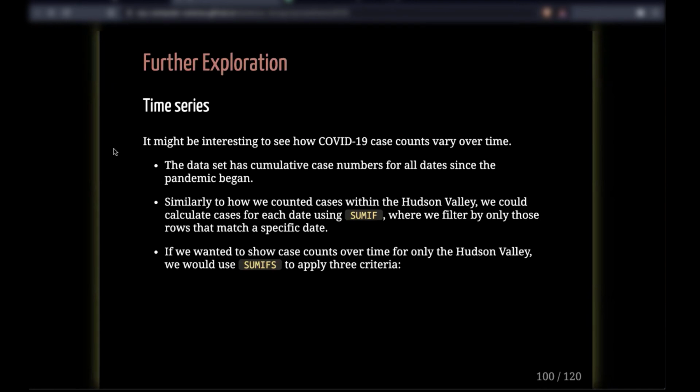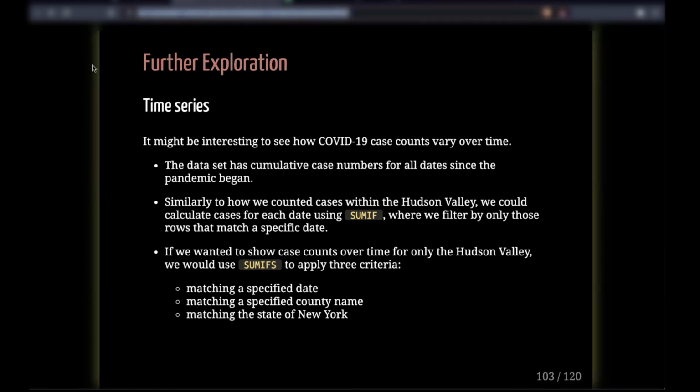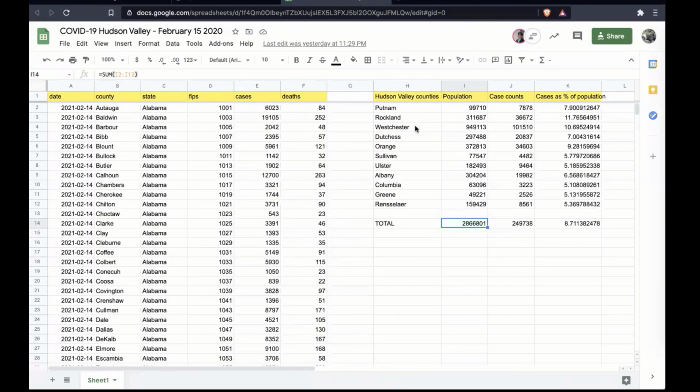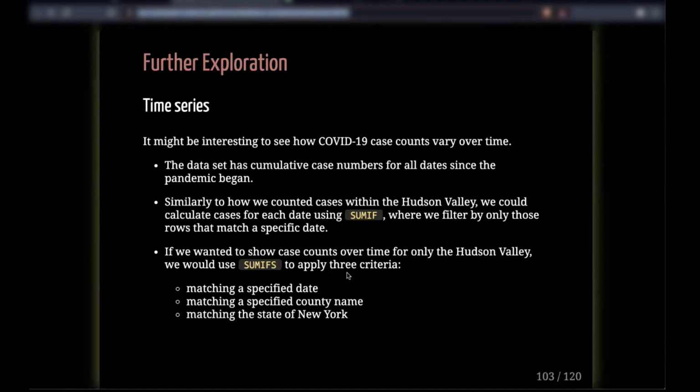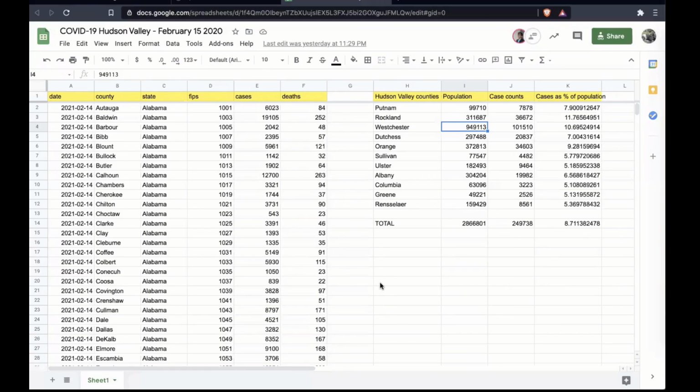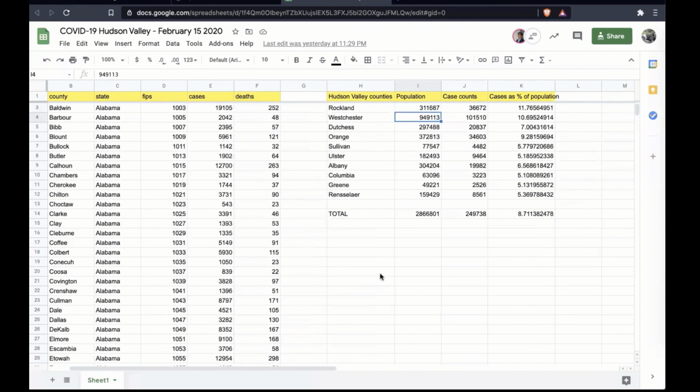But we could actually use three criteria to come up with something interesting, which is matching a specified date, a specified county in the state of New York, right? So I could not just do on one day the stats for, let's say, where I live in Westchester County, but on every day since the beginning of the pandemic, add those things up. How might I do that? Well, that's going to require a bit of spreadsheet skill. The way I might start that, I won't finish that, I think, but the way I might start that would